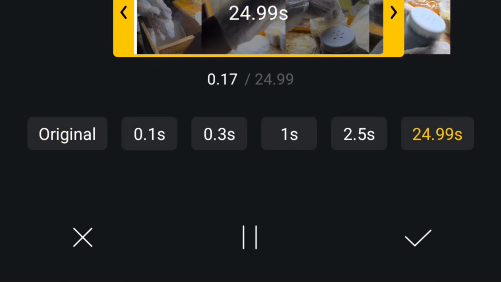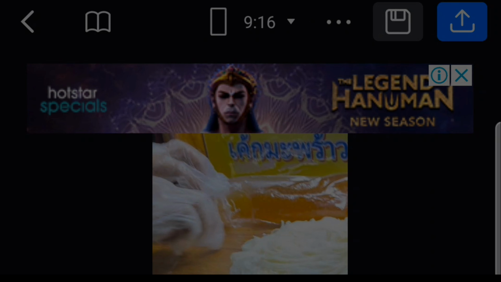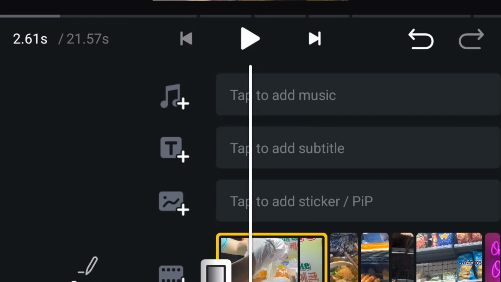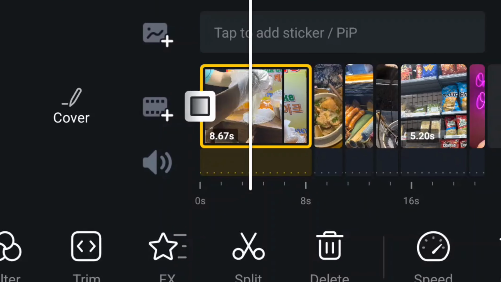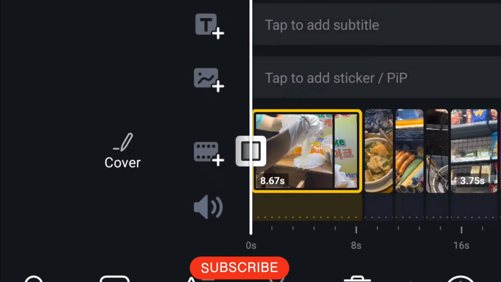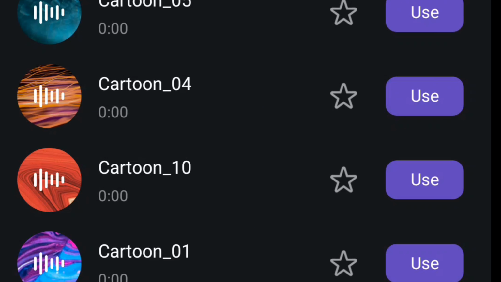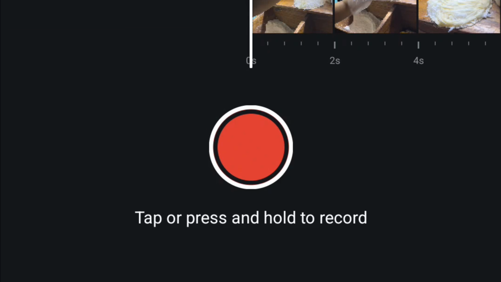trim it. And then click on the original and select 9:16, and then click on separate clips and click on 9:16 ratio. Then add the music button, then you can add music, and on the music button you can add sound effects, and as well you can record. And then on recording you can record your voice over the clips, and then